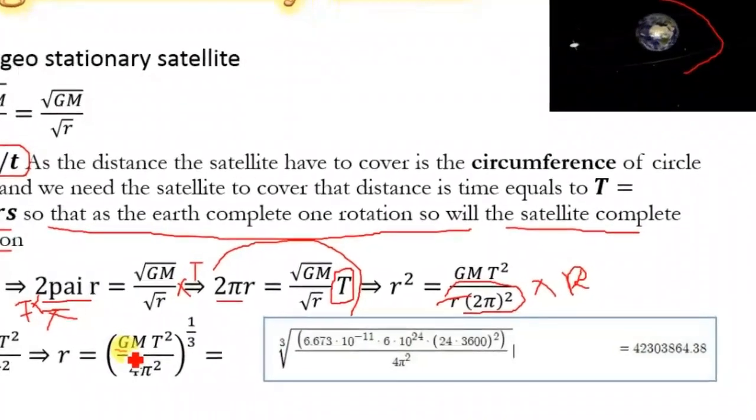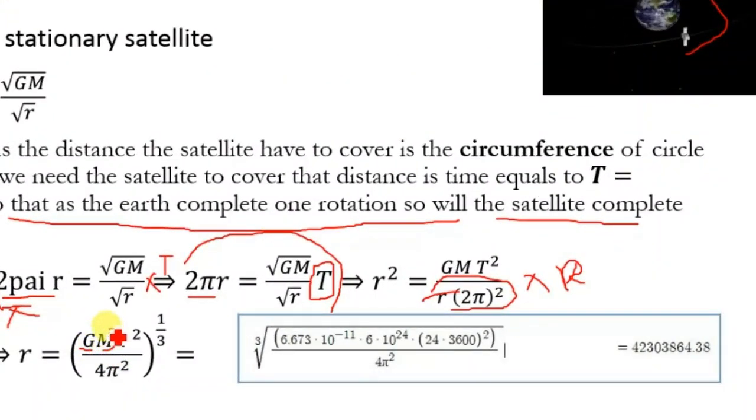Now this G is constant, this M is the mass of the Earth, and the value of the mass of the Earth is 6 multiplied by 10 raised to the power 24, and this t square is actually 24 hours, and there are 3600 seconds in an hour, so multiply 24 with 3600. 4 is constant and pi is 3.14. By putting in the values of all these and solving for r, we will get